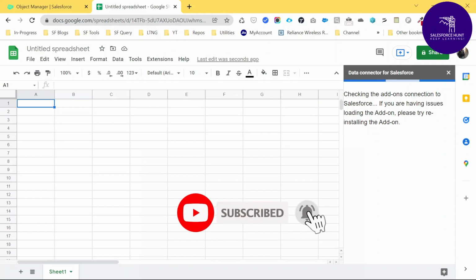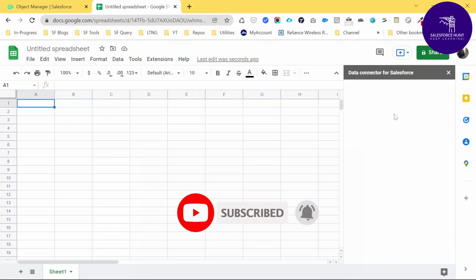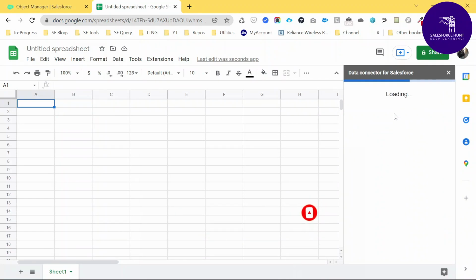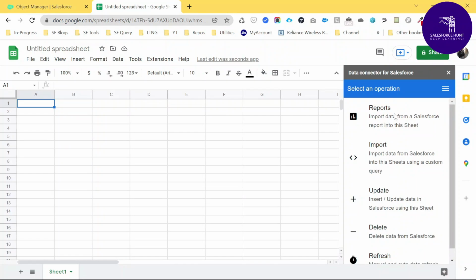It's checking the authentication and all the things, right? It's loading, and after some time it asks for login. You can see we can perform all the operations like reports, import, update, delete and refresh, right?